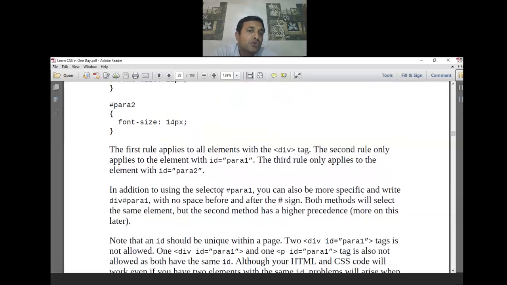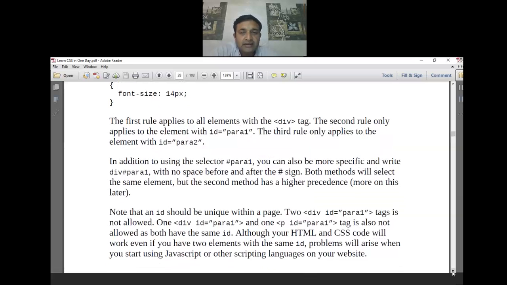In addition to using the selector hash para 1, you can also be more specific and write div hash para 1, with no space before and after the hash sign, like this. These are the ways we can use it.